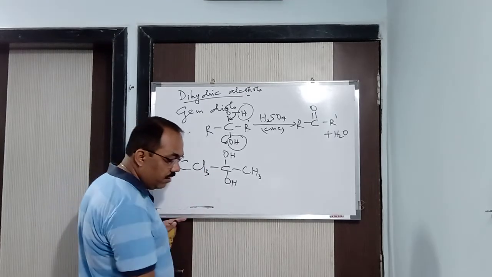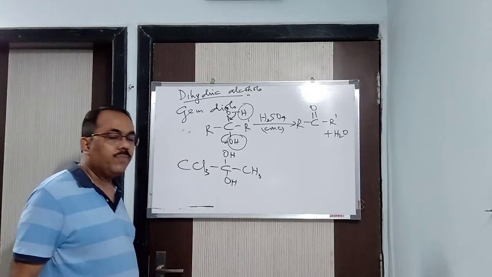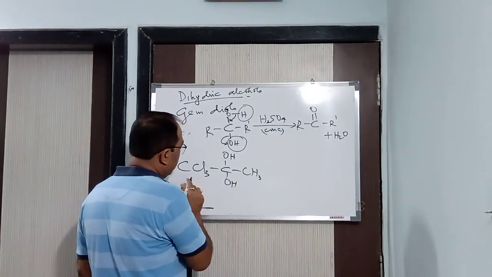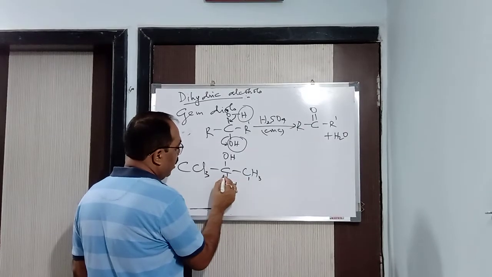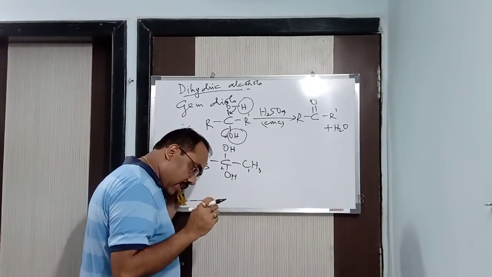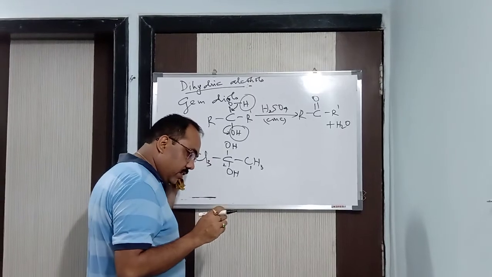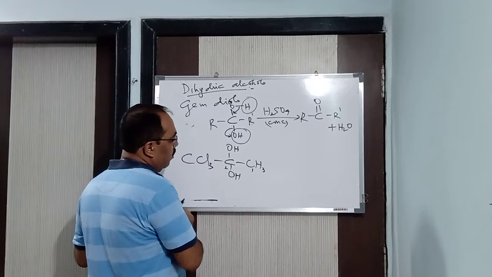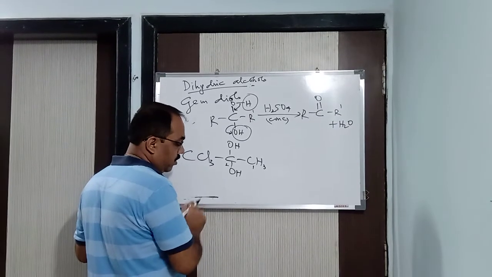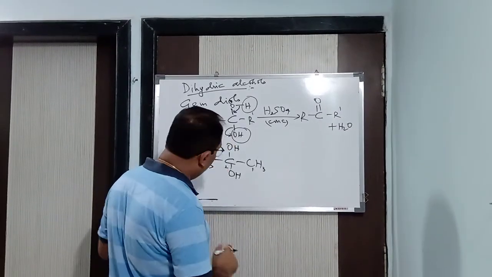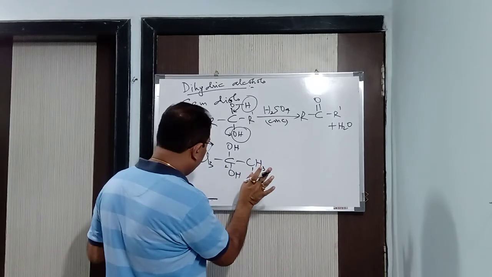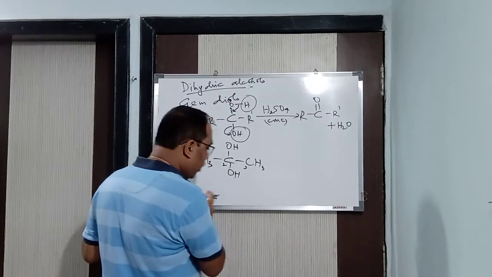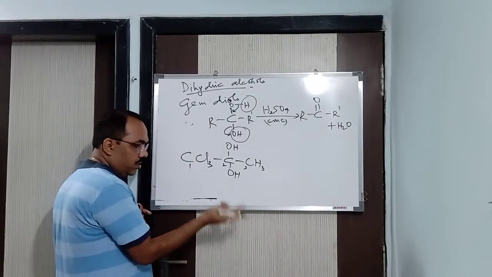So now I will tell you the name of this particular compound. What is the name of this compound? See here, this carbon is the first carbon, 1, 2, that is nothing but 3. Okay, 1, 2, 3. From where do we need to start counting? If this is the carbon atom, we have to count it in this way, or we can count it this way also, 1, 2, 3, because chlorine will have the least number, isn't it?